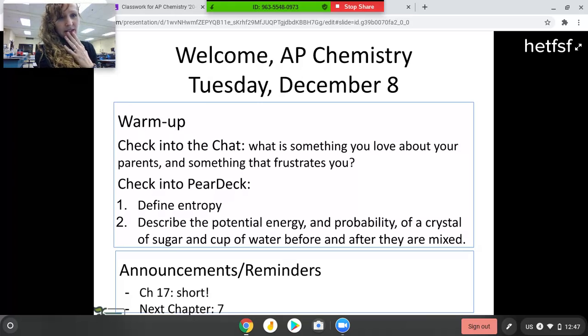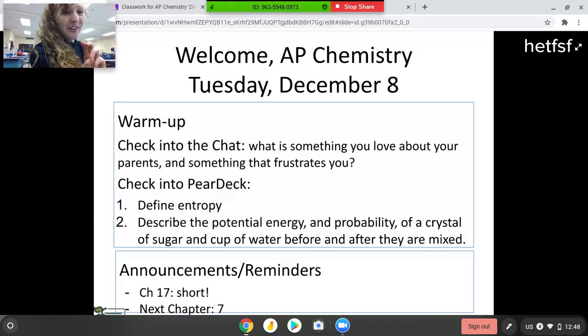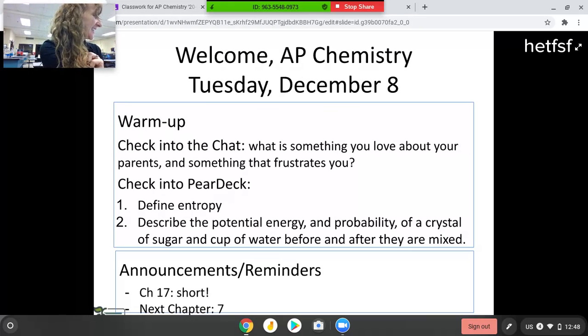I'll give you a hint. Entropy of the system is 1. Entropy of the surroundings is 2. And when you add those 2, what do you get? Entropy of the universe. Yes. Nice, Callie. Yeah, so those are the 3 different types of entropy: system, surrounding, and universe. Only one of those can predict spontaneity. Anybody know which one we can look at and tell if it's spontaneous or not?